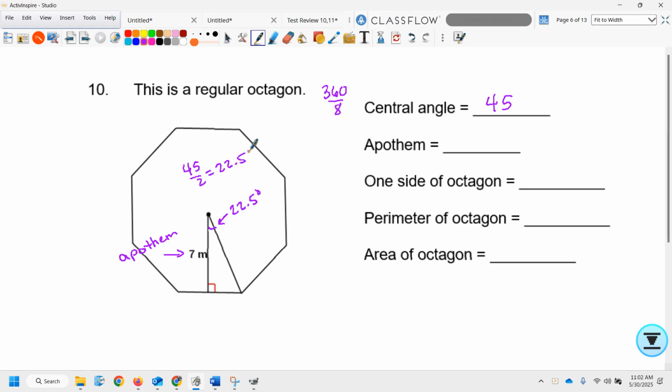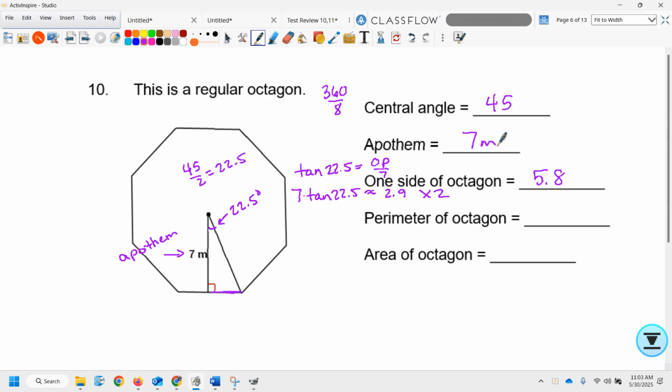Okay, apothem given. Love it. One side. Now, when you're given the apothem, that's when you use tangent. So tangent of 22.5 is equal to opposite over adjacent. So 7 times tangent of 22.5, and we're going to round. That gives me 2.9. Remember, we need to multiply that times 2 because that's only half of the one side. I get 5.8